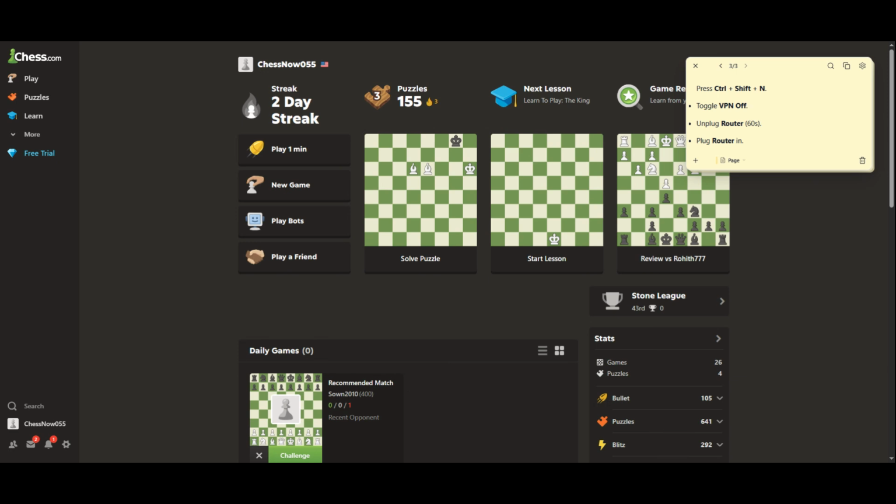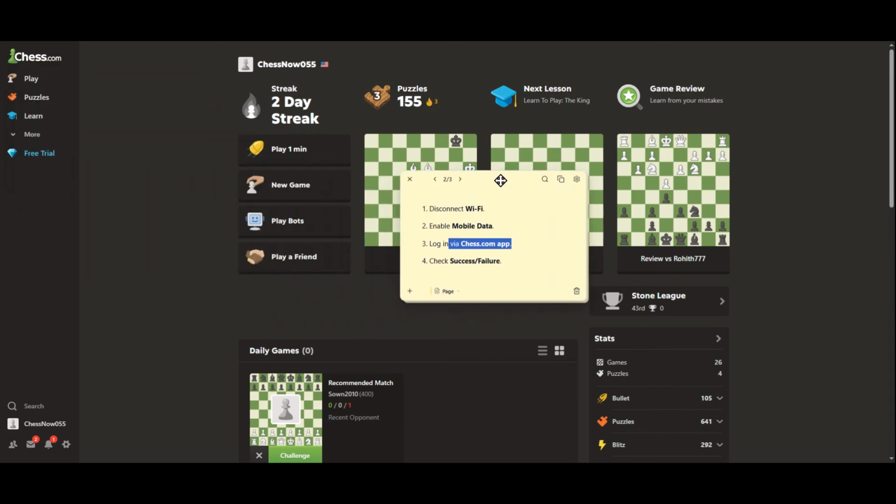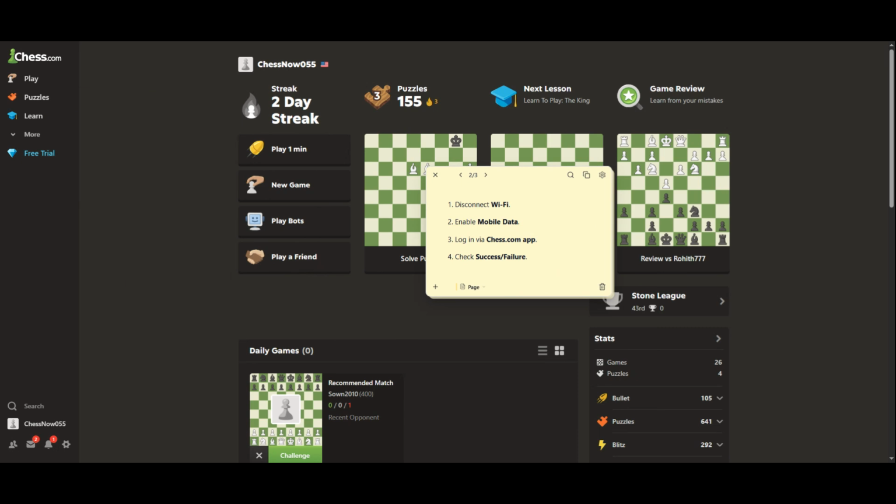Another very effective workaround is switching to the mobile app and using mobile data instead of Wi-Fi. If you're on a phone, open the chess.com app and test it while connected through mobile data. This can help if your home network, DNS settings, or router are causing the issue. If the app loads correctly on mobile data, that's a strong sign the problem is with your internet connection rather than chess.com itself. If you're still unable to access the site after trying these steps, you can also wait a